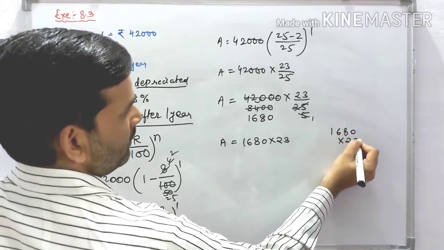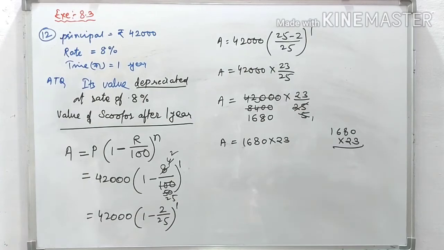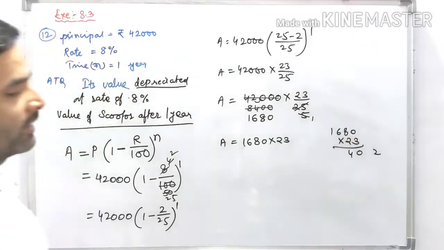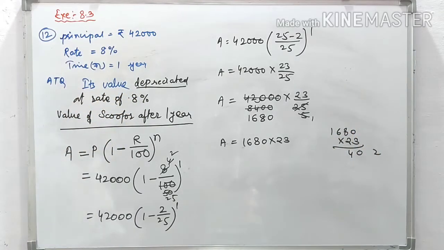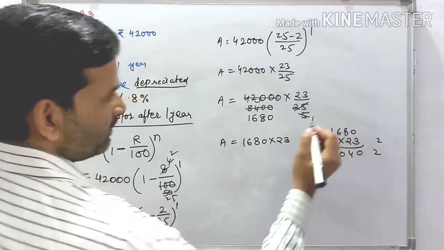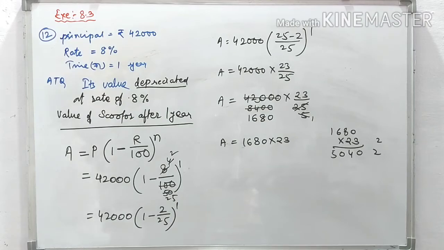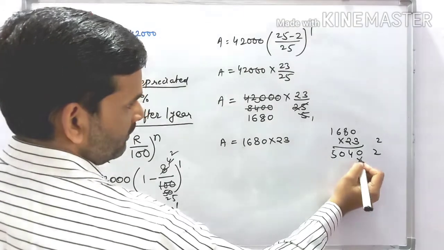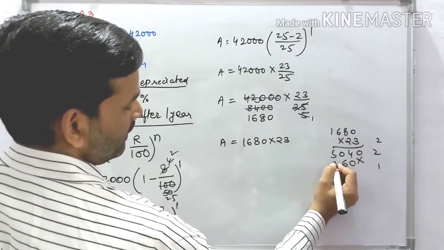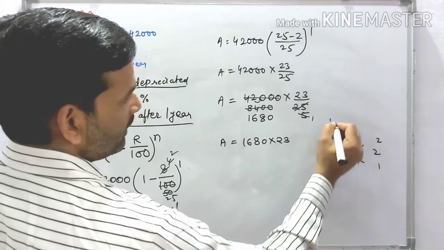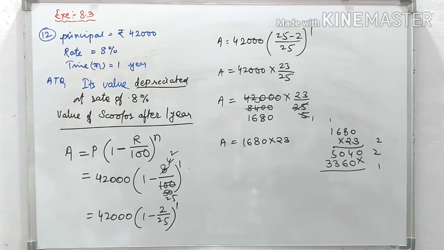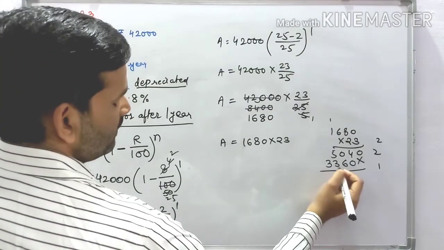1680 into 23. After multiplication, 3 into 0 is equal to 0. 8 3s are 24, 4 carry 2, 8 8s... 3 6s are 18, 3 6s are 18 and 2 is 20, 3 1s are 3 and 2 is 5. After multiplication by 3 it is 5040, and one place is crossed to 0. 2 8s are 16, 1 to 12, 12 and 1 is 13, 1, 2 and 3. Then after multiplication by 2 it is 33600.